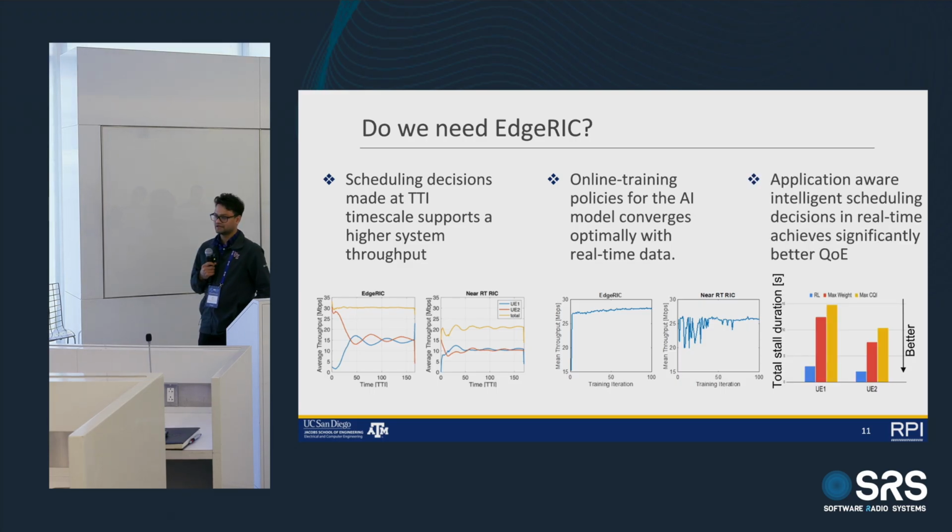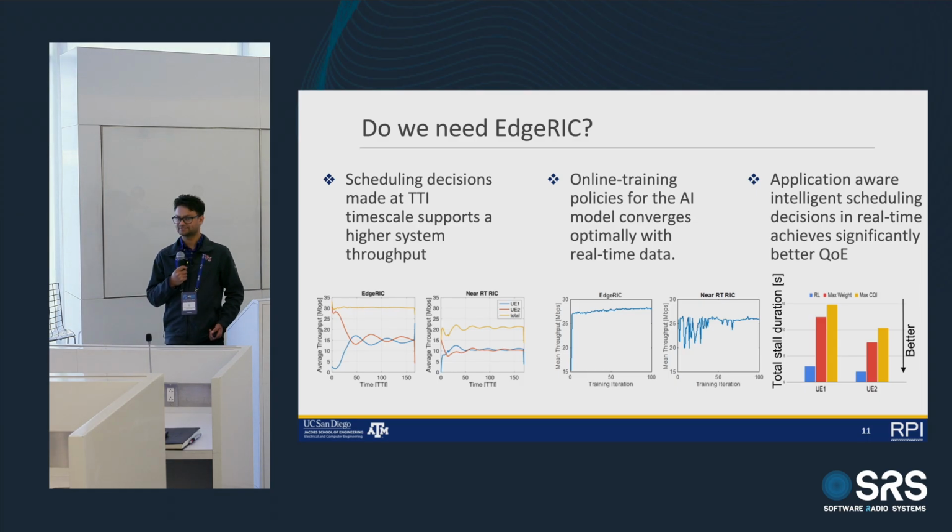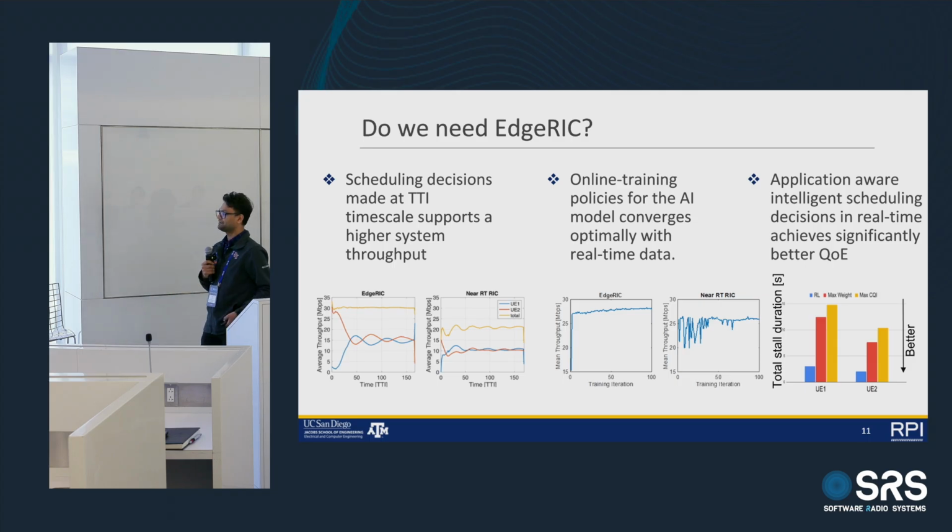And similarly, you can see application awareness. For example, we are really focused on quality of experience, not just the quality of service. So throughput, latency are more like quality of service. But if you are really looking into the quality of experience that the user experiences, you need to look into the metric related to application. For example, in video streaming, the video stall duration is a quality of experience metric because the user directly experiences these things. And you can see the RL policy that we train in blue performs much better.